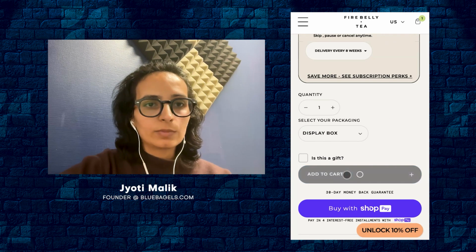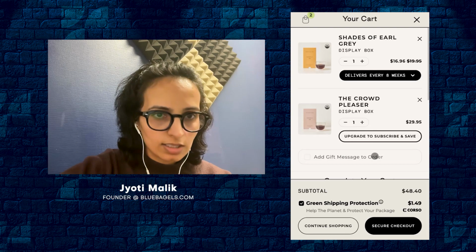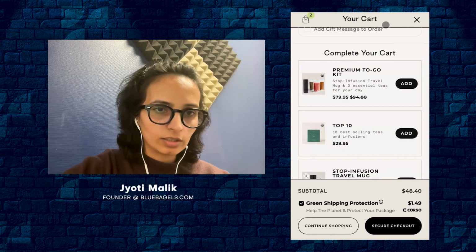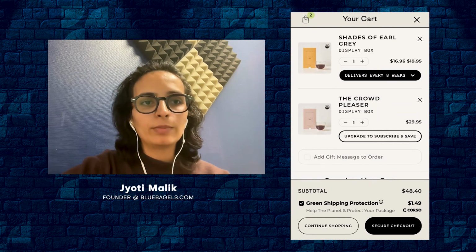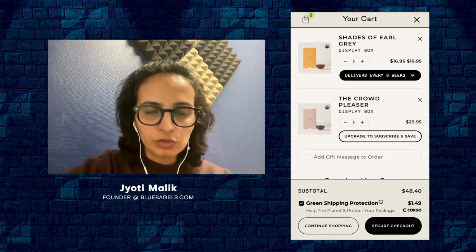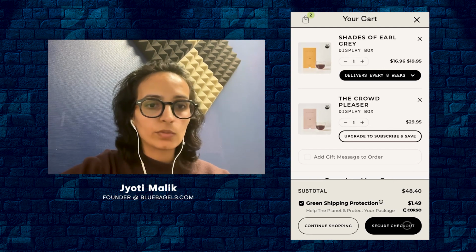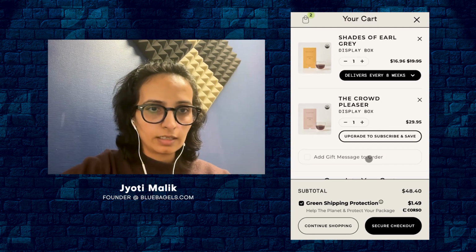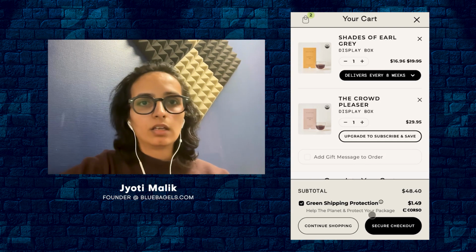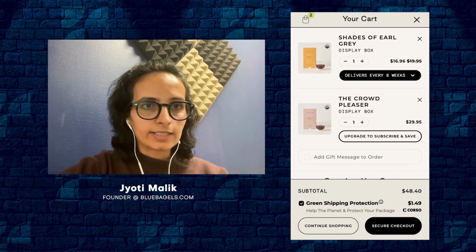Adding this product to the cart, I see we are showing the products and messages. Then we have some completing the cart, etc. here as well. So, okay, this is great here as well. Understand why people abandon the carts and include this information on the cart drawer. Then moving ahead to the secure checkout. For some reason, this button is not working for me. So you might as well check on your side if there is a problem in adding anything to the cart. I'm not able to move ahead from here on. Okay, so this was from my side on this website,